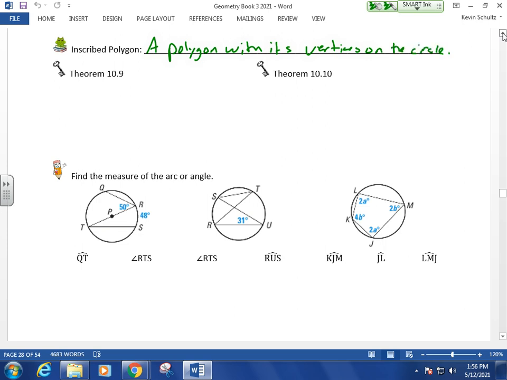You've seen a lot of these in your shaded area questions, a lot of shapes inside of shapes. Those are all inscribed polygons because they had their vertices on the edge of the triangle or the outside of the circle or whatever. And the two specific types of polygons we're going to talk about, because we've had them earlier in the year, are a triangle and a quadrilateral. And our theorem for a triangle,